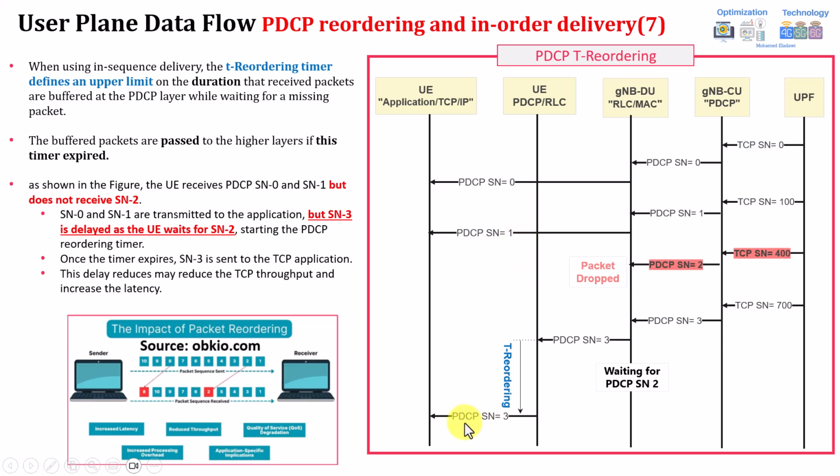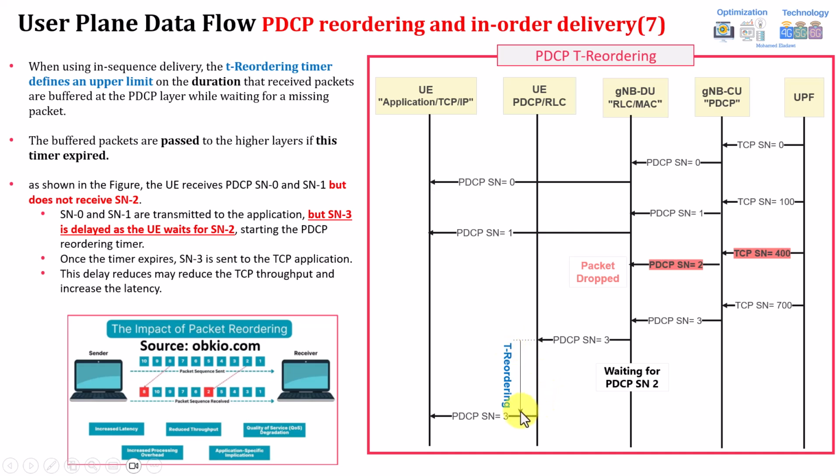And by the way, TCP has the capability of doing reordering. If it receives sequence number 2 later on, it can do the reordering, and TCP can also do something called selective acknowledgement, can do a retransmission based on timers, and has different mechanisms we will discuss in detail in the next session. But the case here, you can see, is kind of delay accounted. Whatever packets are going to be transmitted, even 3, 4, 5, 6, 7, 8, all of that will be held at the PDCP. It will never transmit to the TCP layer or upper layer until this timer expires, until it is allowed to move forward here.